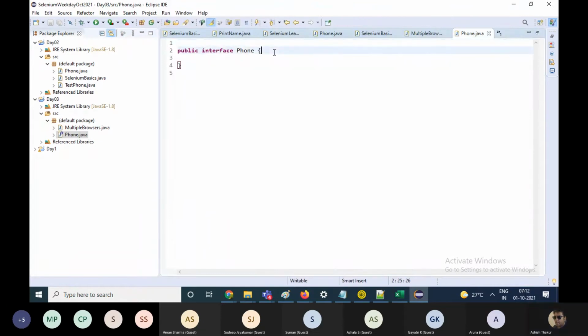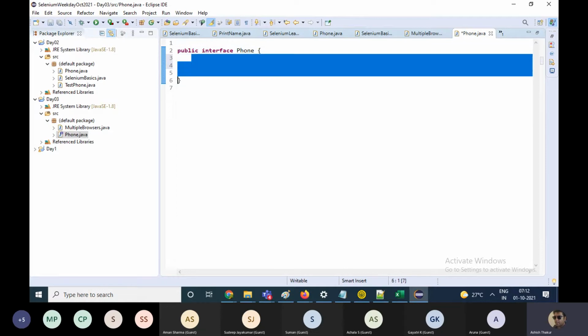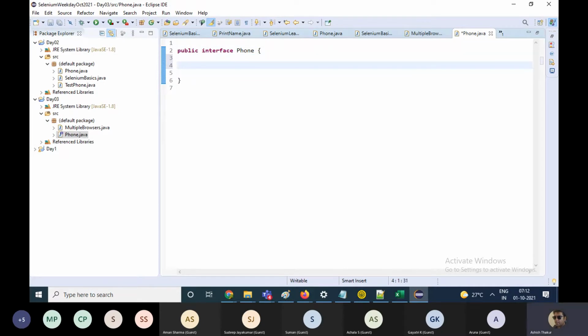What are the features of an interface? You can make a call from a phone number. You can message from a phone number. So these are the usages of the interface.